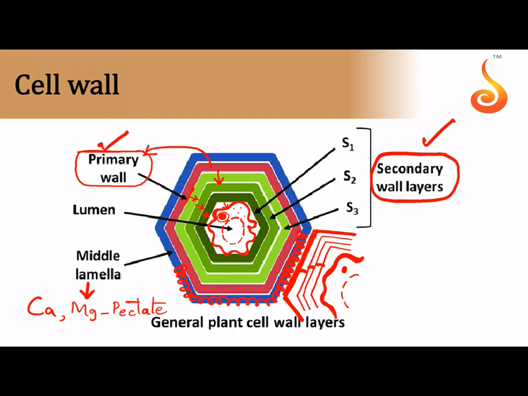And the cell alone without the cell wall is referred to as the protoplast. And now you can see outer to the primary cell wall, you can see this blue layer which I have shown here in the form of a spiral, and this layer is called the middle lamella, which acts as a cementing substance between the two cells.